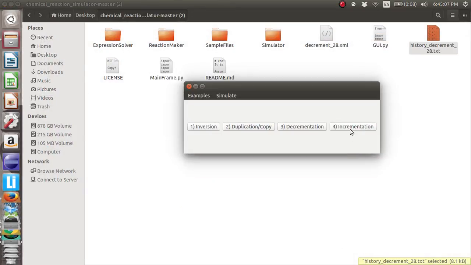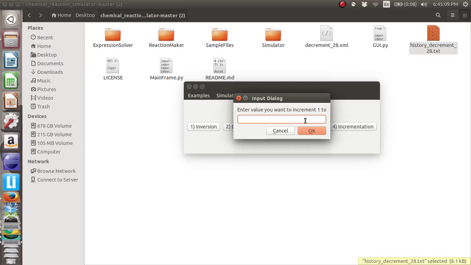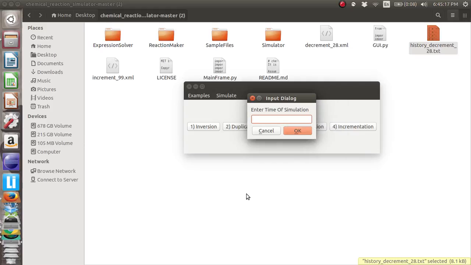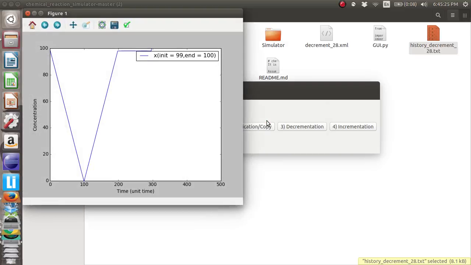For another example, I will show you the incrementation one. Now if I put in the value, say 99, when I click this, an XML file containing the chemical reaction is produced, and after I enter the time of simulation, the graph will be plotted along with the history file. Say I enter 500 unit steps.